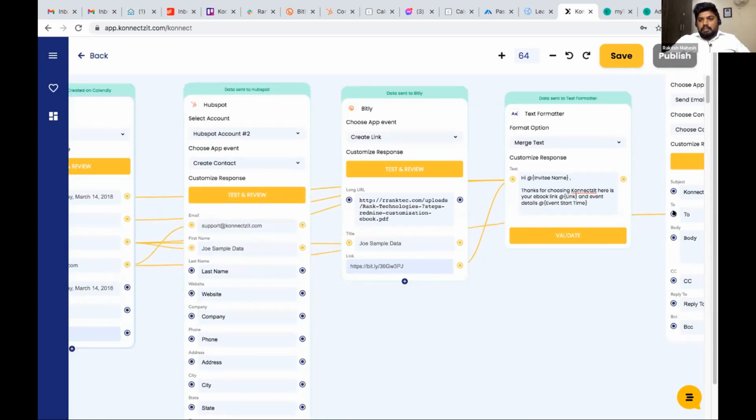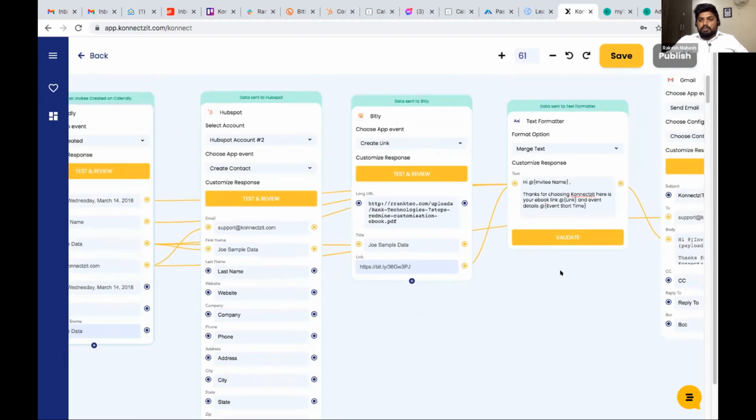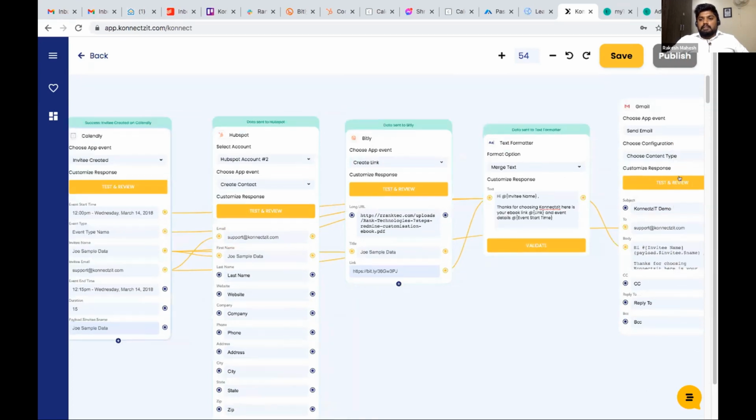I'm selecting the user from my Calendly app, and I'm using the formatter data for the body of the Gmail. Now I will send a test email by clicking on test and review. This will actually send an email from Gmail to a sample email. Everything worked perfectly.